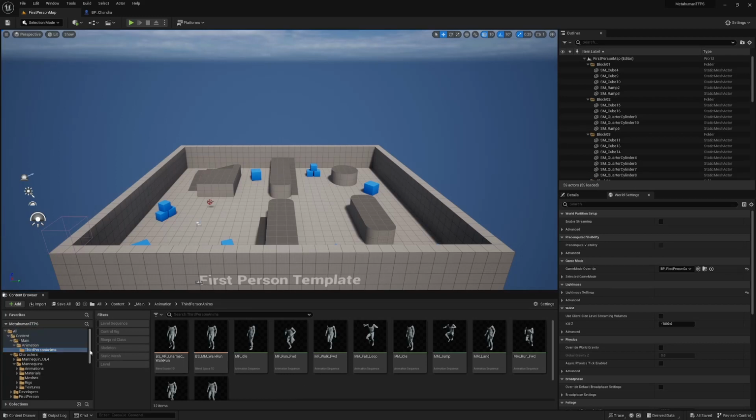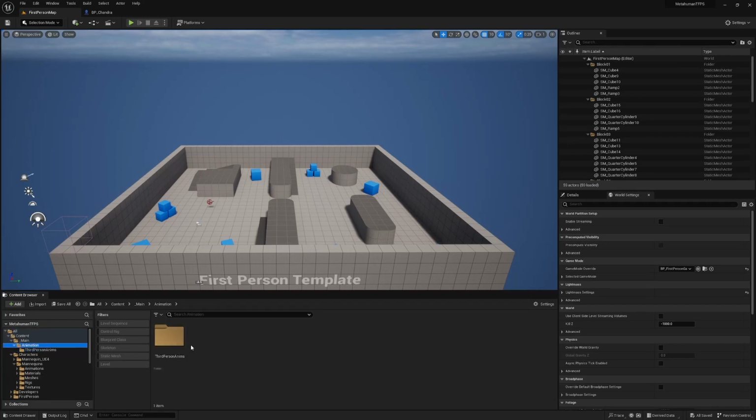So the next thing will be to create an animation blueprint. So we'll create it here in the animation folder. But just very quickly, the first thing we want to do before we do that is check what skeleton our character is using. So if you head over to